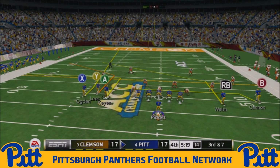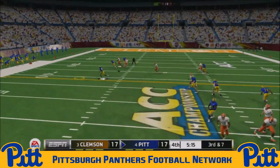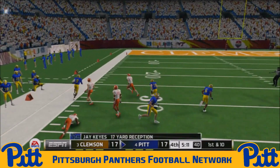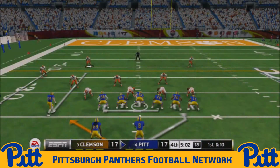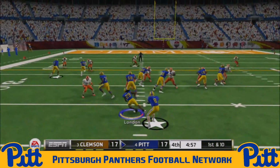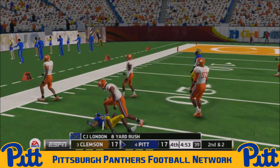3rd and 7 now for the Panthers. 5 wide set. Pickett alone in the shotgun, bunch formation to his left. He's going to look that way, and he's got his favorite target. Jay Keys sheds a couple of tacklers, and again, he steps out of bounds. If he keeps his feet in, he could potentially run all the way to the end zone, but instead it's a 1st down for Pitt inside of the Clemson 35, and they're going to get 8 more yards down to